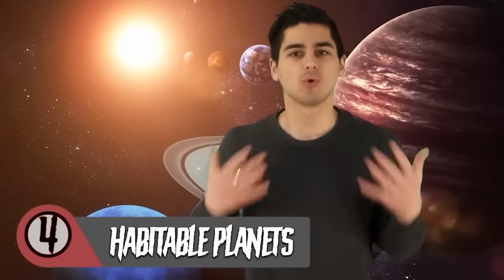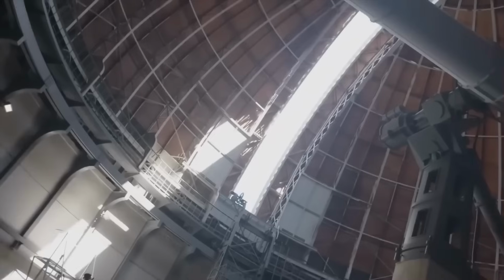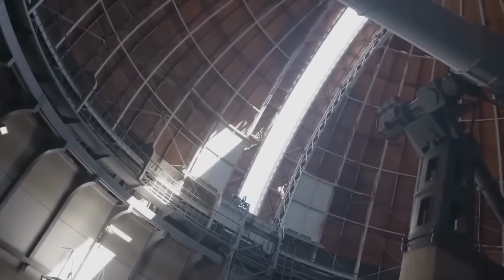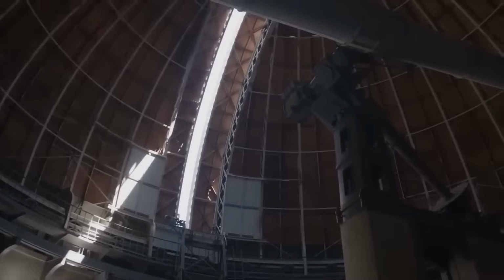Scientists are currently finding more and more planets that are in what is called the Goldilocks zone. The Goldilocks zone is the area from a star that is not too cold and also not too hot, so it should be able to support life from how we've come to understand it. As science learns more and more about these planets, there have been a few that have surfaced that scientists are particularly bullish about. Proxima b, TRAPPIST-1 system,